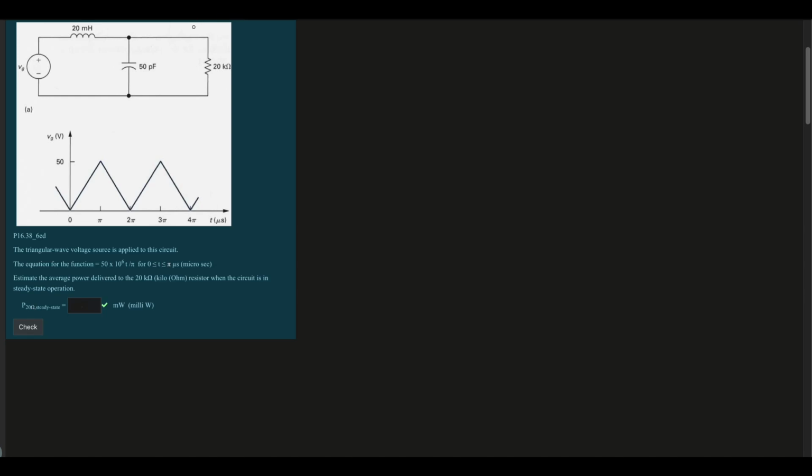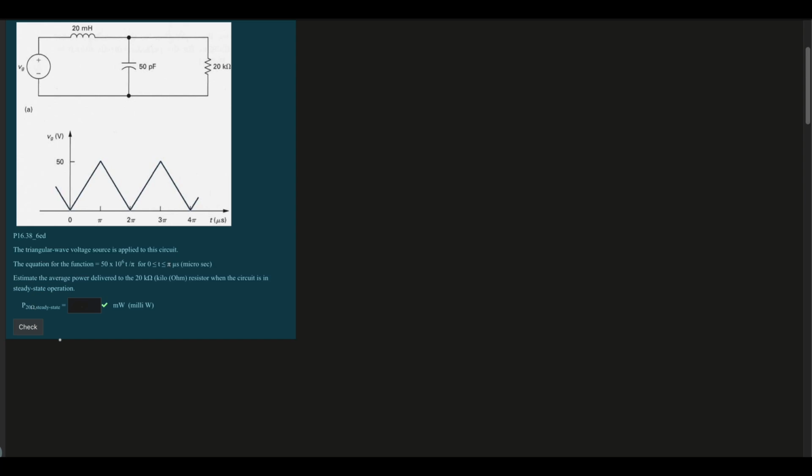In this problem, we have a circuit and we also have a triangular wave voltage source applied to it. We've worked with some problems similar to this before, actually I think it's only been one, and that's in the playlist link below the like button. But now we're going to look at this, and we need to find the steady state power over